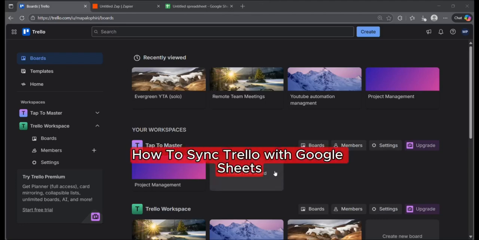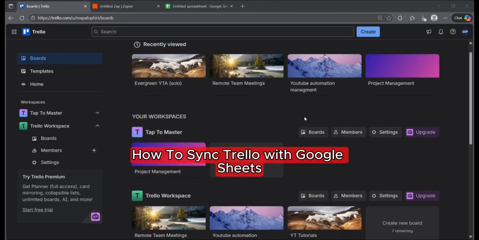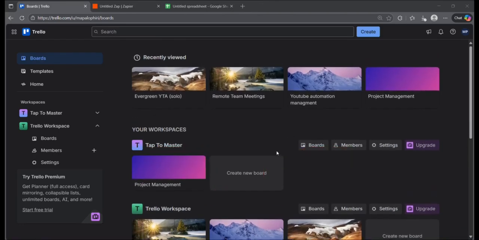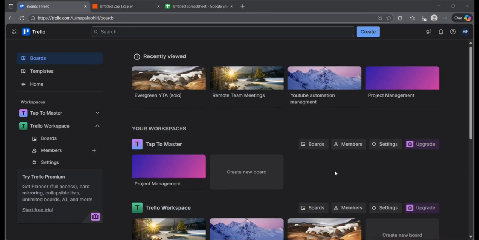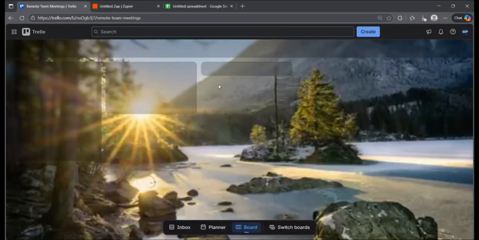If you've ever wanted to keep your Trello data in Google Sheets automatically, then I'm going to show you how to make it happen. It's super handy for reporting, tracking progress, or just keeping everything in one place. So first, you're going to need your Trello board ready and a Google Sheet where you want the data to